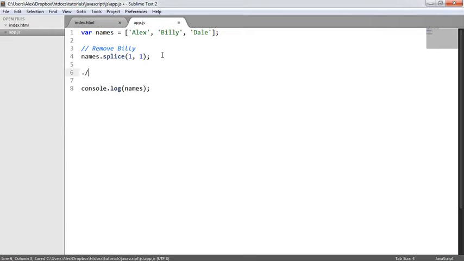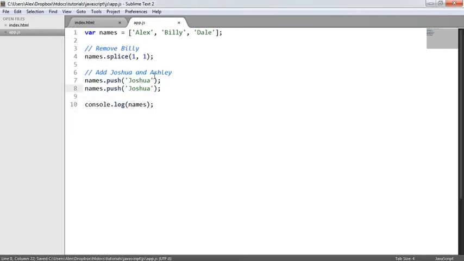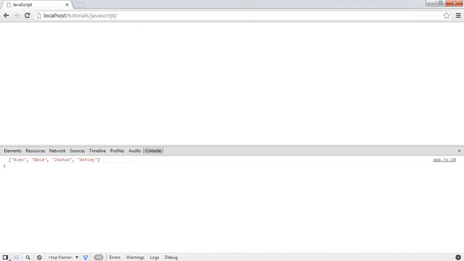So let's say we want to add Joshua and Ashley. We can do this one of two ways. So we can say names dot push, so we could push on Joshua, and then we could do exactly the same thing and push on Ashley. So then when we look in our browser, you'll see that we've got Alex, Dale, Joshua, and